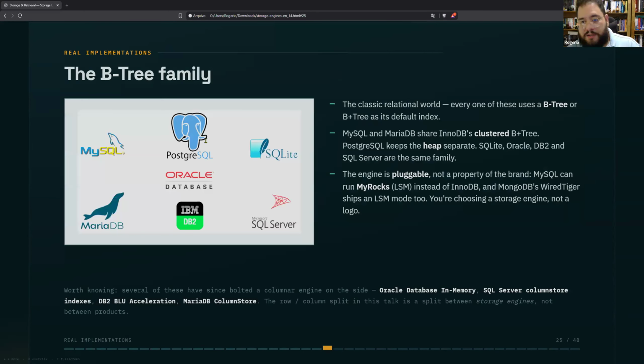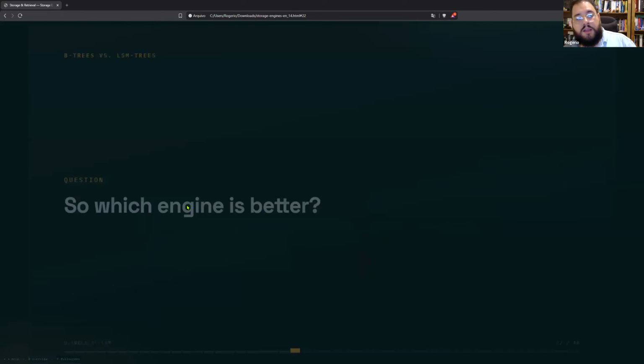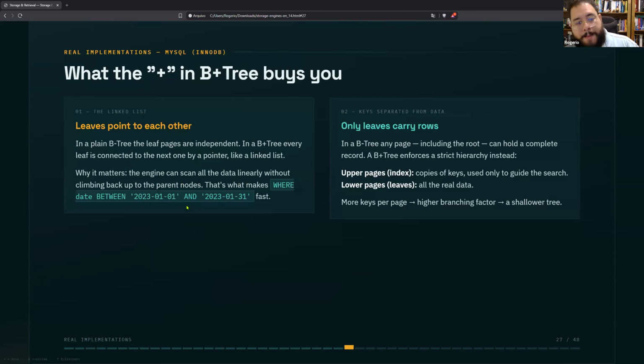Let's come back to here. The leaf pages are independent because you have a lot of leaf pages, all referenced in this example by internal pages. In a B+tree, every leaf is connected to the next one by a pointer, like a linked list.